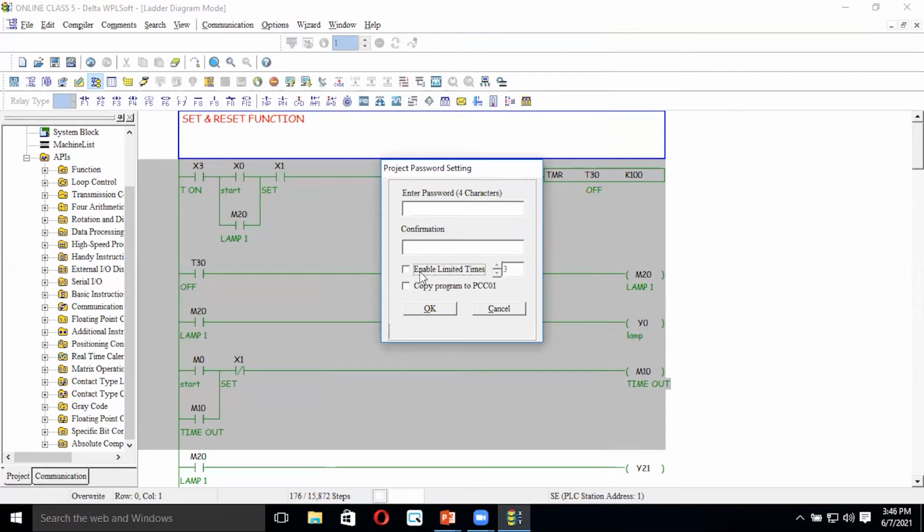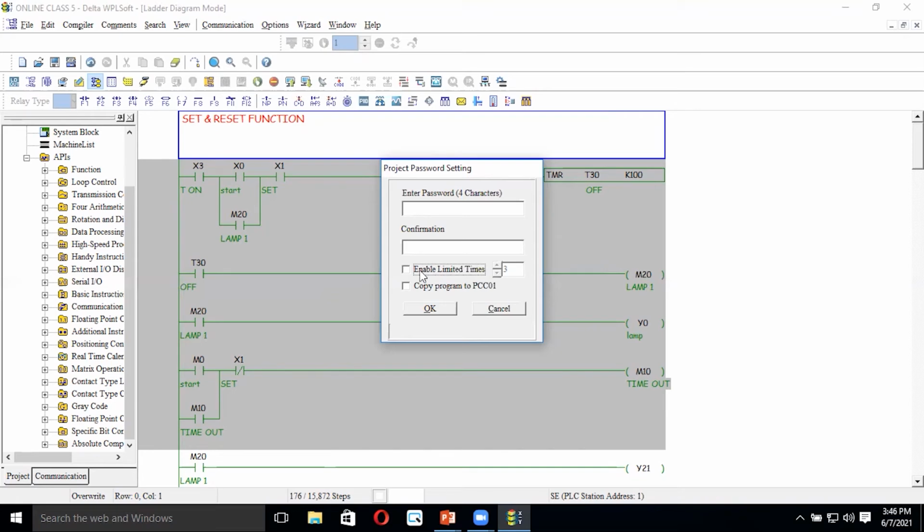That means if anyone wants to know what's inside the program, they need to enter the password. Unless they have the password, they cannot go through this program, in spite of how experienced they are or how much knowledge they have about the skill. Without the password, they can't do anything about it. They need to create a new program.